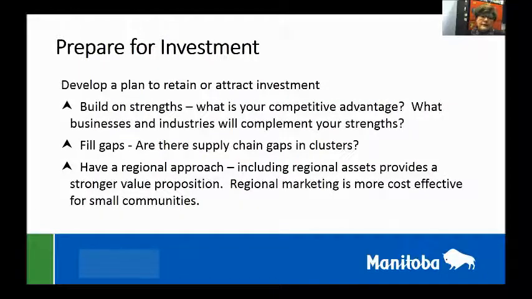So to prepare for business investment, there's a bit of advice in the handbook. Develop a plan, first of all, and the plan should build on the strengths and also fill gaps. So building on the strengths means knowing your competitive advantages so that you can understand what businesses and industries will complement the strengths. So what can your community support? What makes sense for your community? And then also looking at gaps. If you have some clusters, are there supply chain gaps within that cluster